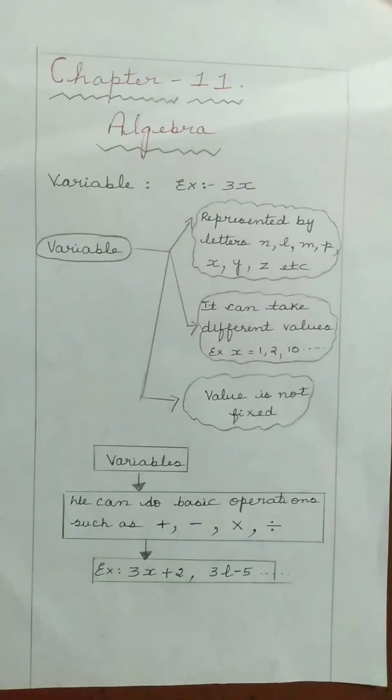values, that are numbers. So along with the numerical values, if we have a letter, for example, now you can observe here 3x. So 3 is a numerical value and x is the letter. So mainly in algebra, when we use the letters along with the numerical values, then it is algebra.